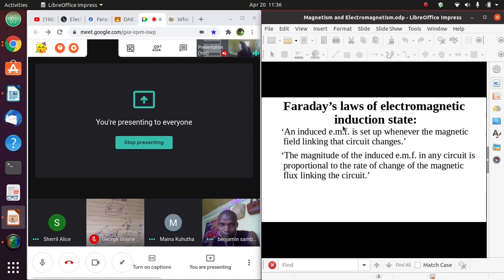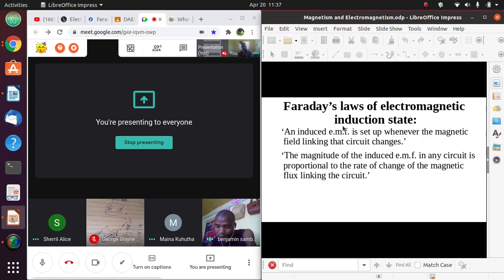So once that flux changes, then we have an induced voltage being formed. And the law that supports that phenomenon is known as Faraday's law of electromagnetic induction. Now the magnitude, how big that voltage is, how small that voltage is, it is proportional to the rate at which that